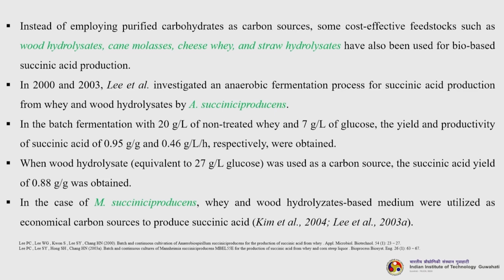So, what you can see from this particular slide is that the succinic acid productivity being reported is extremely low, about 2.5 grams per liter per hour. However, these are classical works which have opened up new avenues to work on bio-based succinic acid production, whereas we are now using genetically engineered strains to increase the yield,